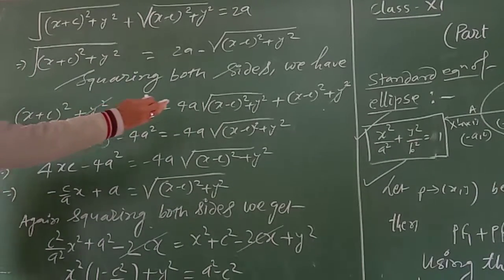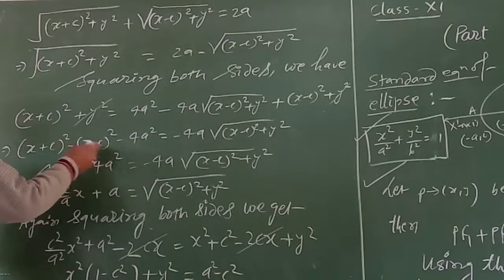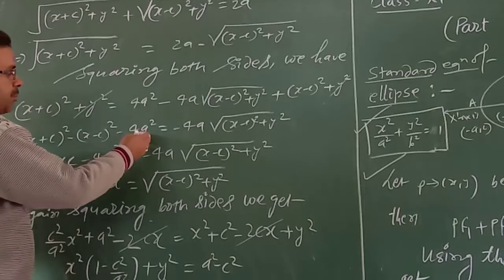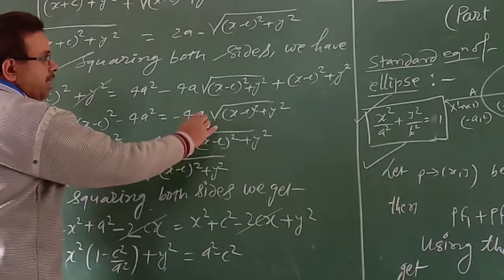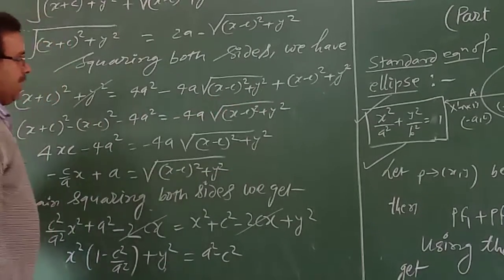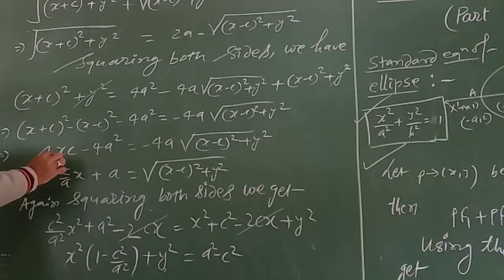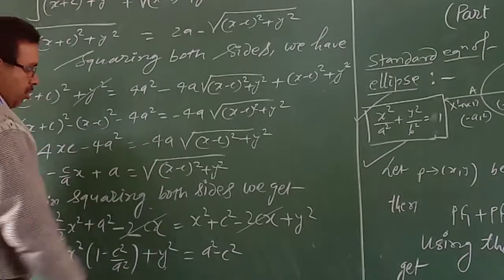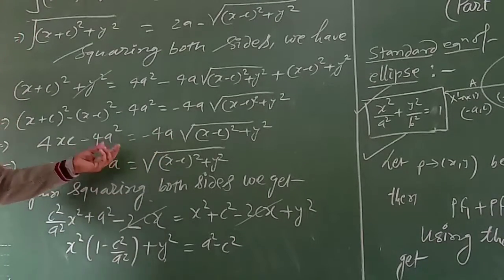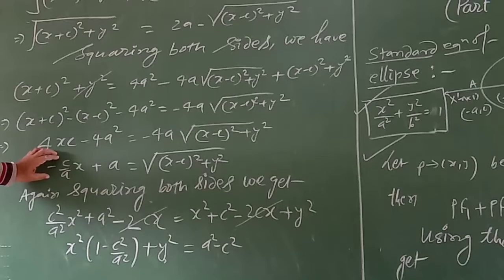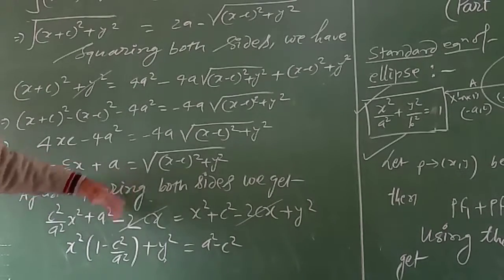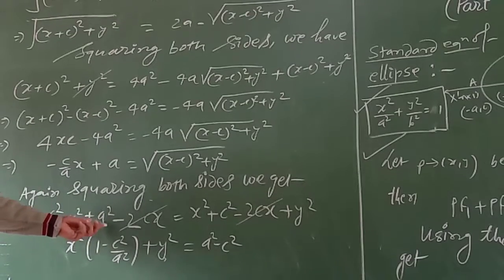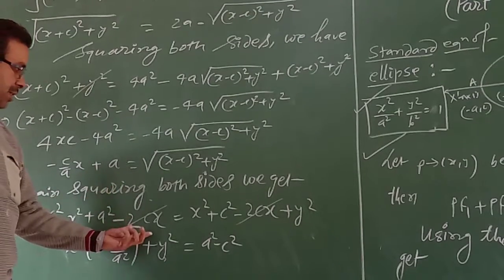Now transfer x minus c and x plus c whole square on the same sides and it is also minus 4a square is equal to minus 4a root of (x minus c) whole square plus y square। सिंप्लीफिकेशन हमने किया तो we get 4xc minus 4a square equal to minus 4a root of ..., dividing both sides by minus 4a and again squaring, we get the next term is equal to c square by a square x square plus a square minus 2cx।